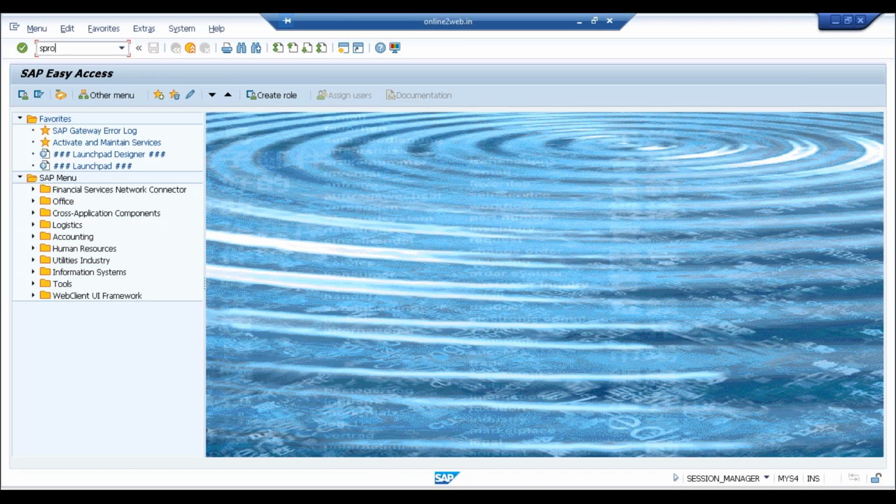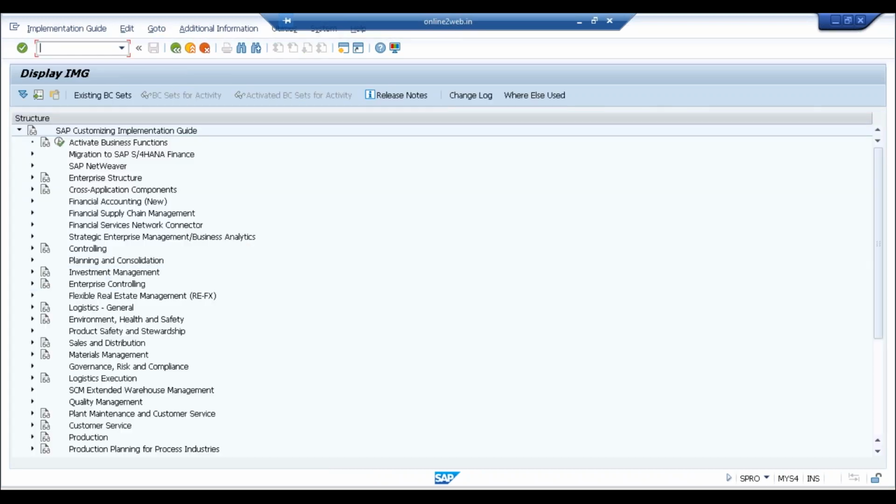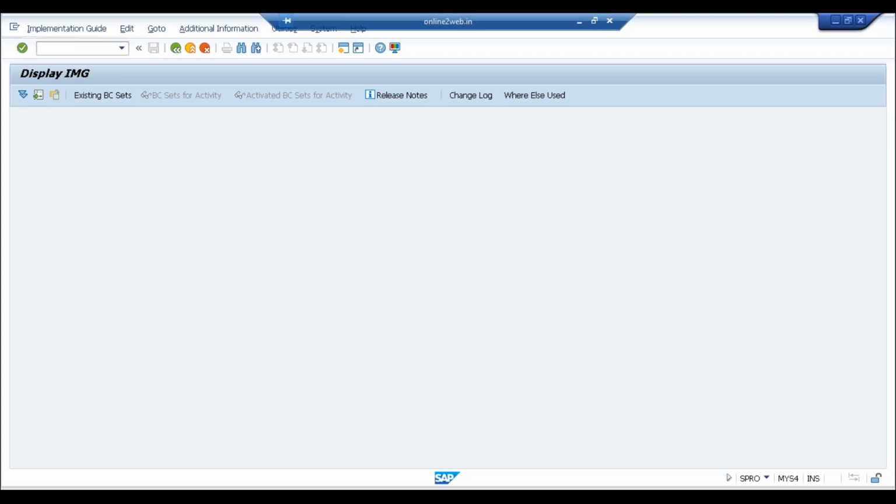SPRO screen, you will find that although there are some new activities which are available, for example this migration to SAP S4HANA Finance, maybe some other things that you will find available for the first time, otherwise the SPRO screen also looks very much similar. The way in which you will be configuring things has to be done via the SPRO. Even the transactions. So for example, if I talk about the transaction ME21N to create the purchase order, this is